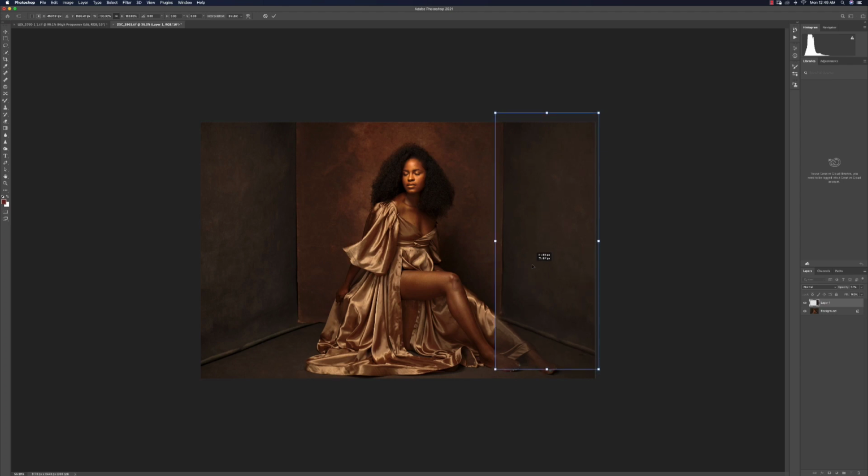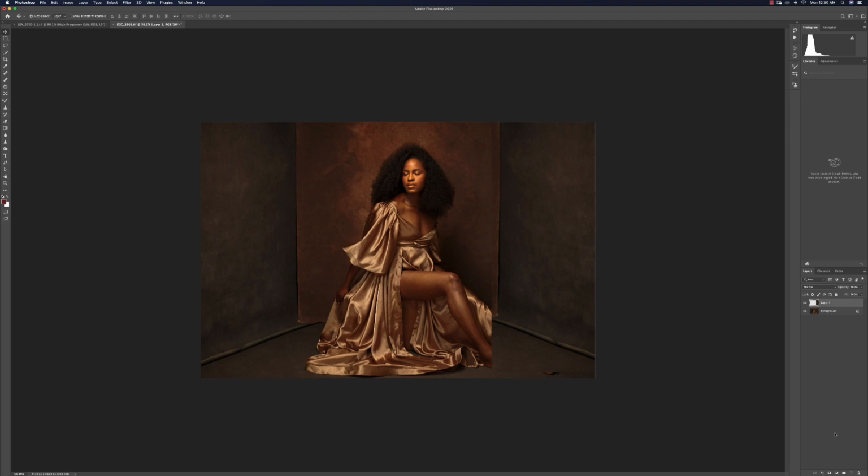And so you just want to align this somewhere here. And we have that. So I'll increase my opacity back, and obviously this isn't a smooth transition,